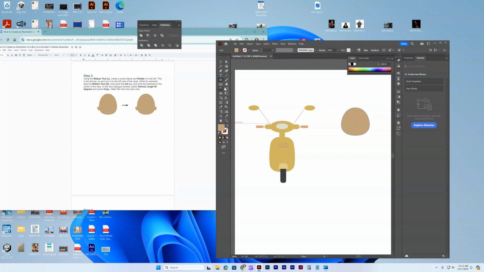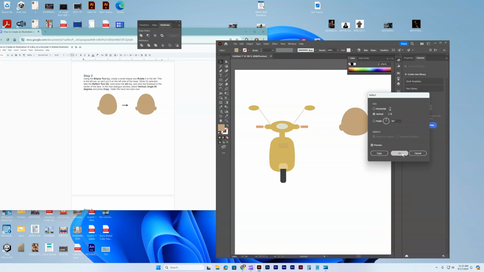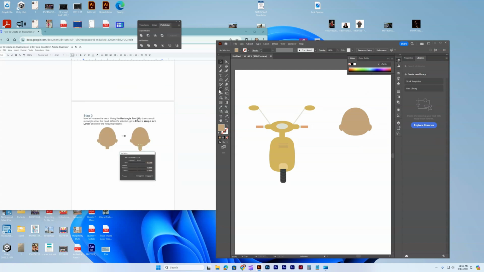And then using that ellipses tool again, going to get a small ellipses, copy paste that, reflect it, and then we're going to get a